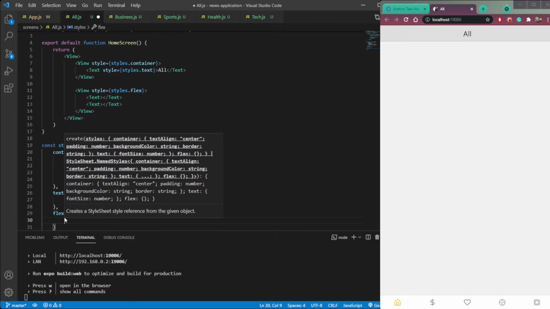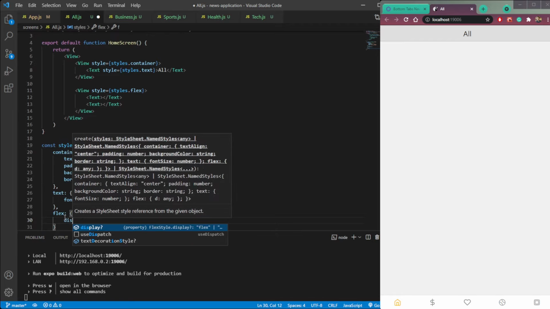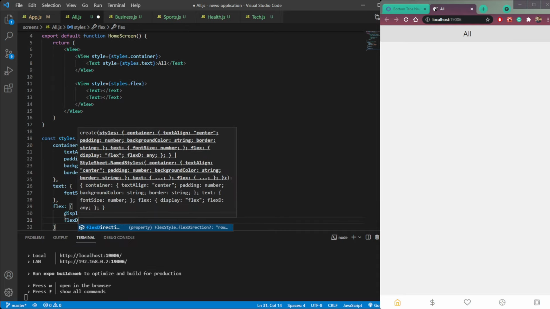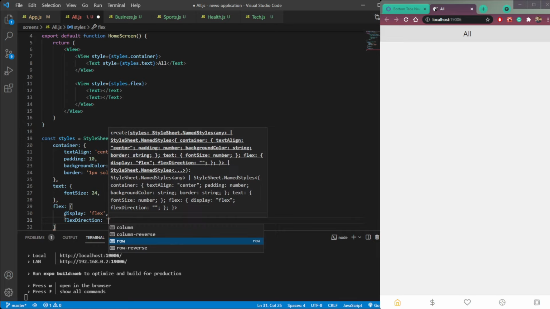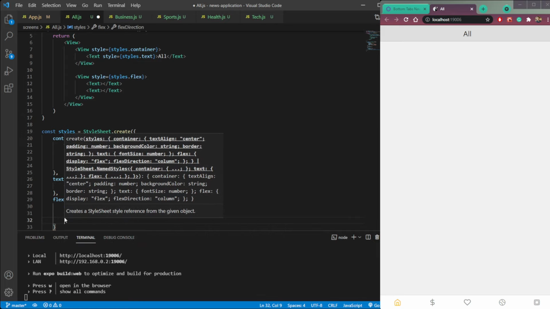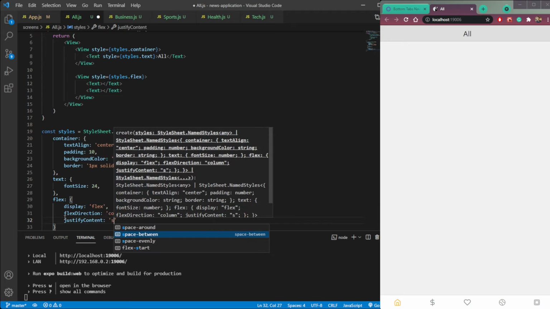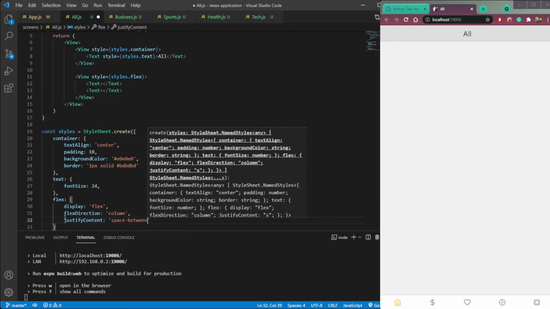So flex will be of display of flex, then flex direction will be column, and justify content will be space between.